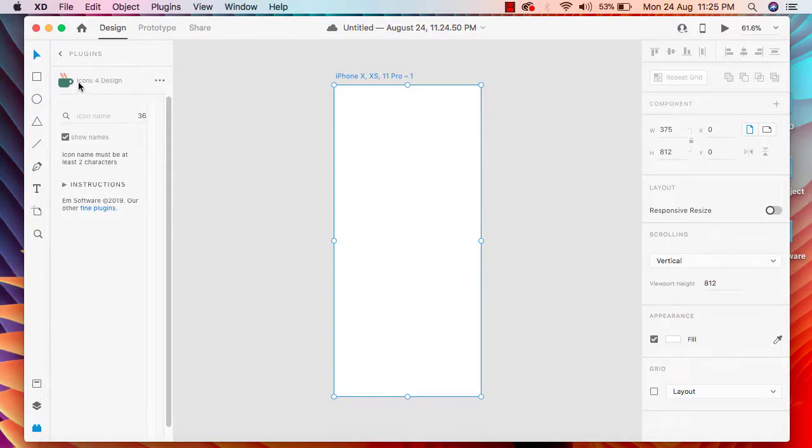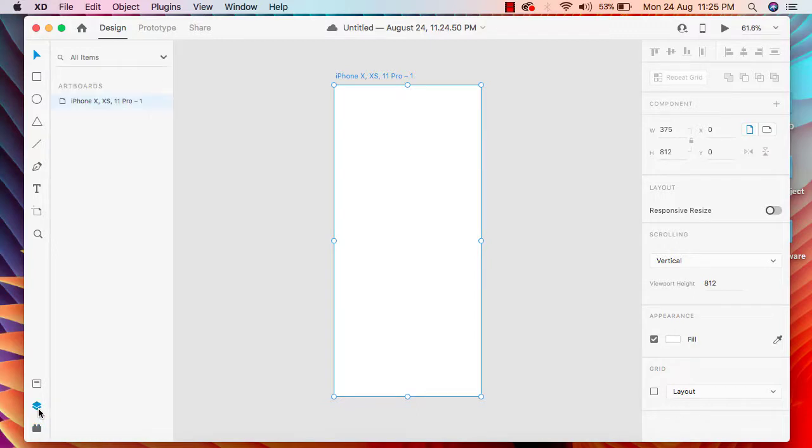Currently I have installed one plugin. So it's not an icon, I would say, like any sort of plugins that you install, you will be able to see under this plugin. Then this one is for our artboard design. Whatever artboards you have, you will be able to see them here. And this one is for our assets. We will have a lot of assets like color assets, character styles, and components, and all the assets will appear here. So these are the three icons.